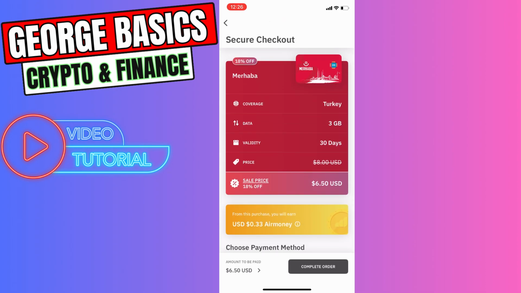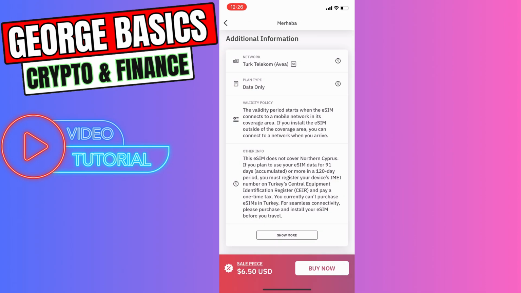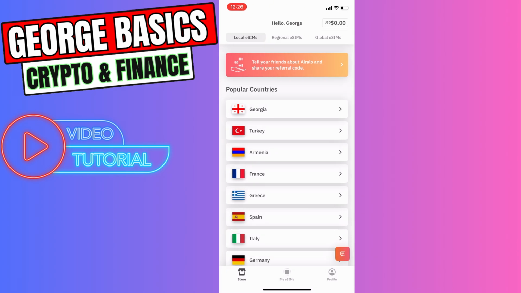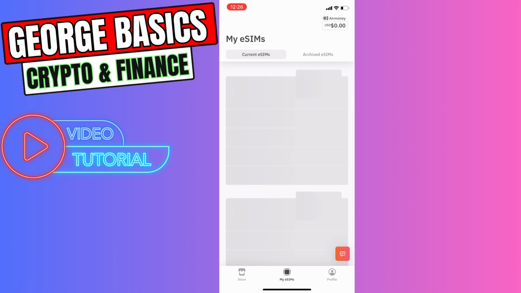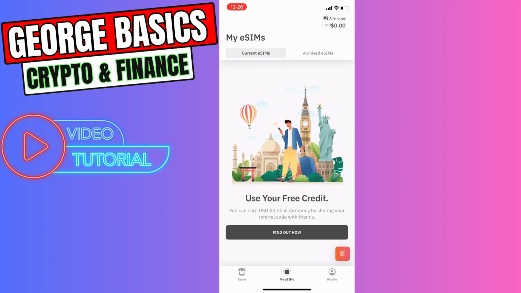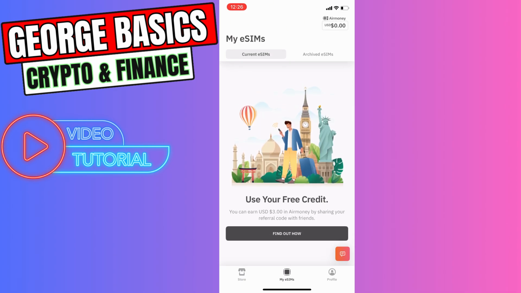After you buy the eSIM, you can go back and right here when you go to the My eSIMs in the bottom menu, you will see the eSIM you just bought, guys. Right here, you need to click the eSIM and there will be a very simple instruction. Just go through the prompts and you will activate the SIM inside your mobile phone, or you can just do the